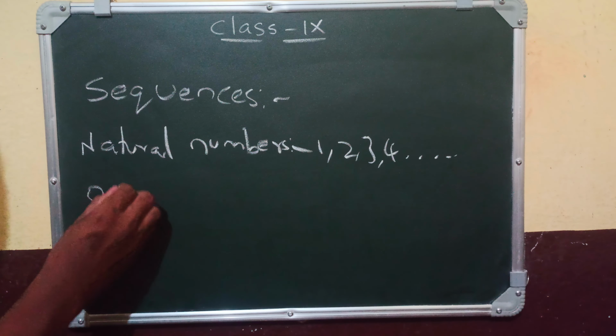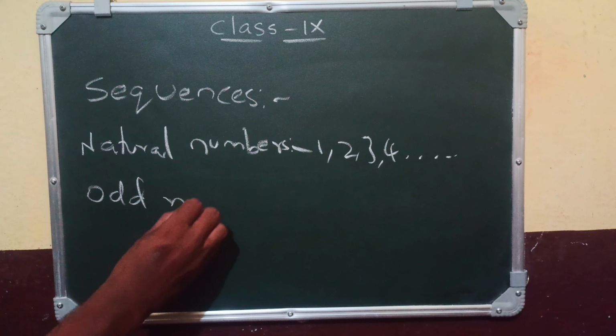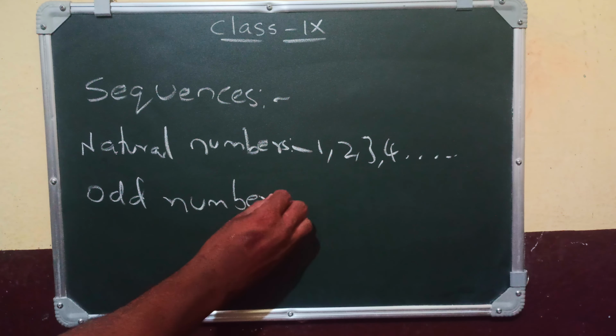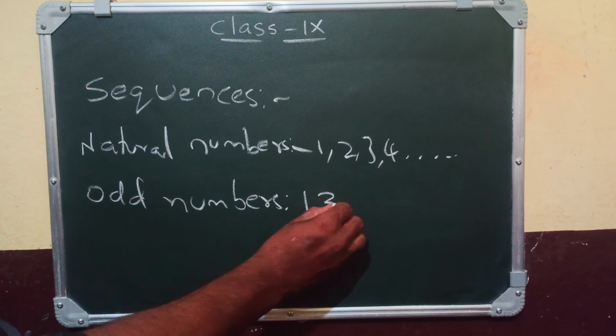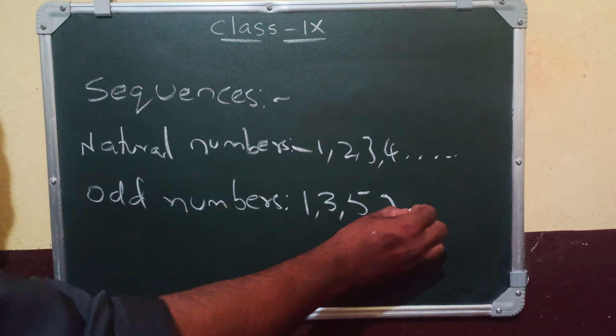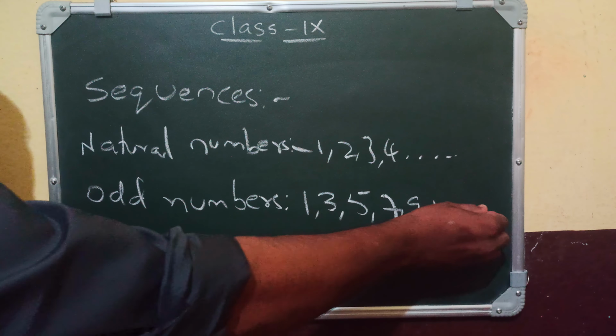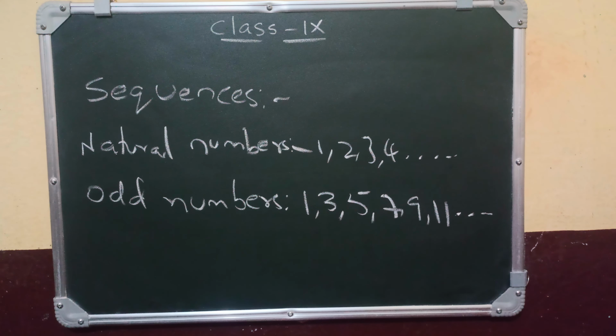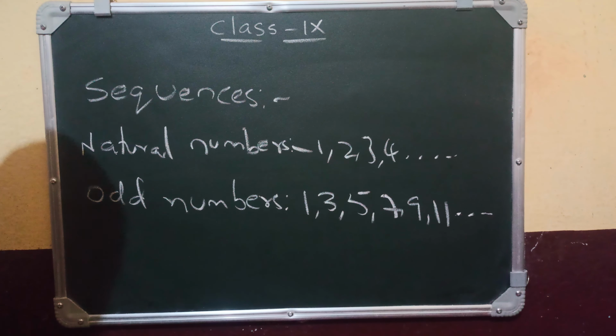Next we will write the odd numbers. Which are called odd numbers? 1, 3, 5, 7, 9, 11. The continuation of this series is called odd numbers. And the third one which comes is called